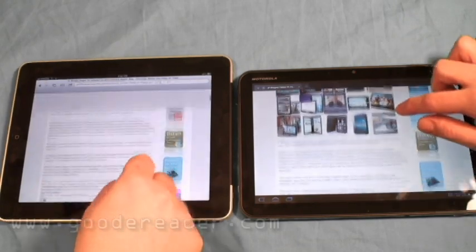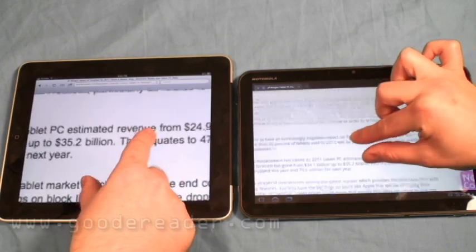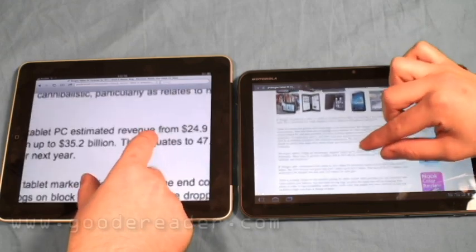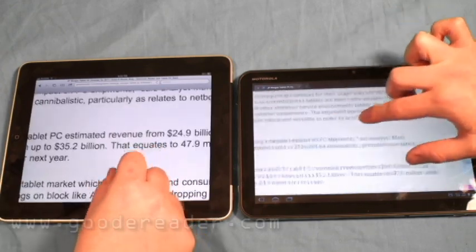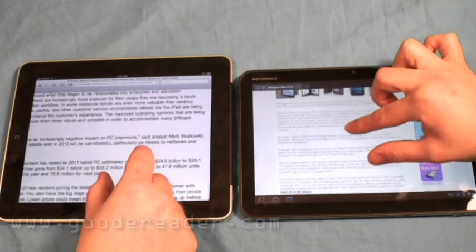Okay, now let's test pinching and zooming within the web browser and just see how that looks. Now this is something that the iPad's known for, the pinching and zooming factor. You can see it's very flexible. Exactly. It goes very fast. So to see the Motorola Xoom performing like this up against the iPad, which just flourishes in this category, it's just